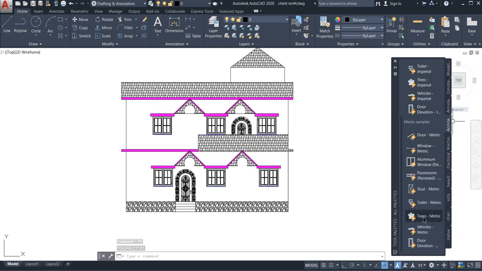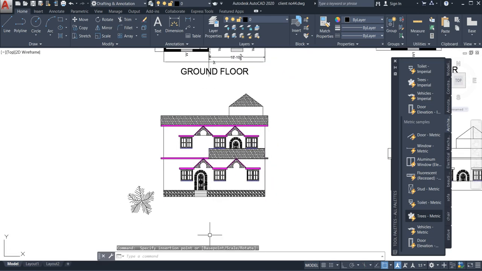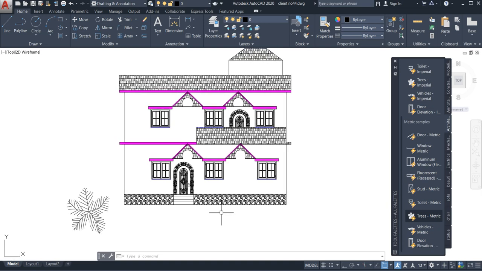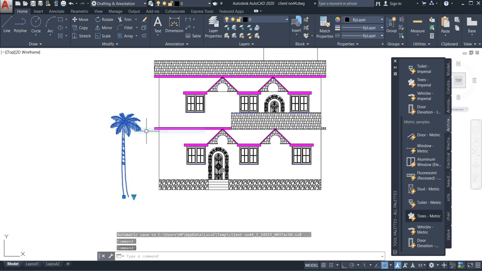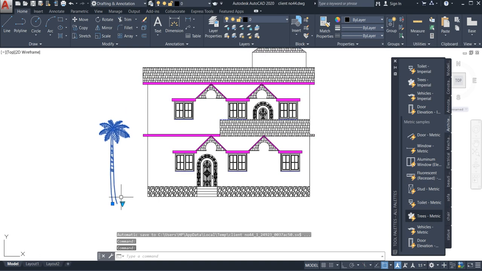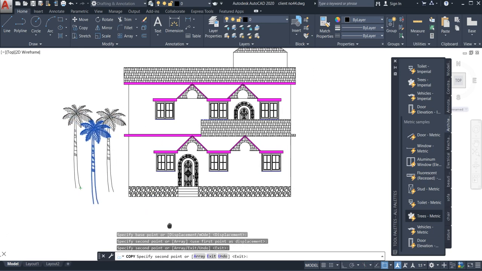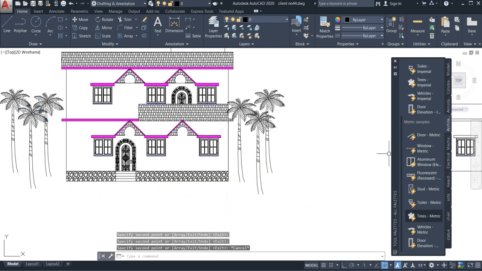Go to the trees metric. Metric means feet and inches. So you may think that I told you that tutorial means that design, but this design is quite different. No, both are the same, but while I'm working, I may select another way, meaning other hatching. That's the difference, but that difference doesn't make you wrong. That makes you very good, because see how I did it. In the same way, go for copy command, just do it on your own, just do your coconut tree, palm tree, like this. Your building looks quite better and beautiful.